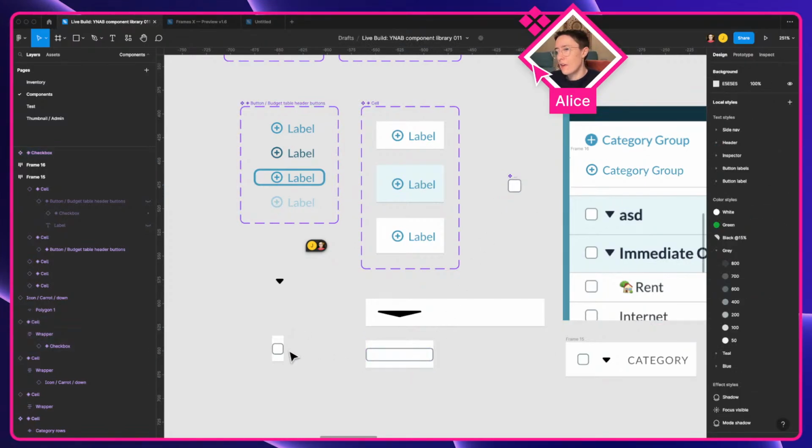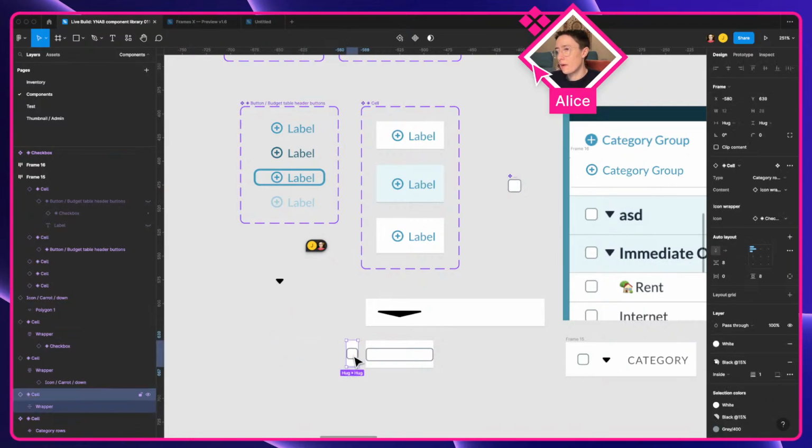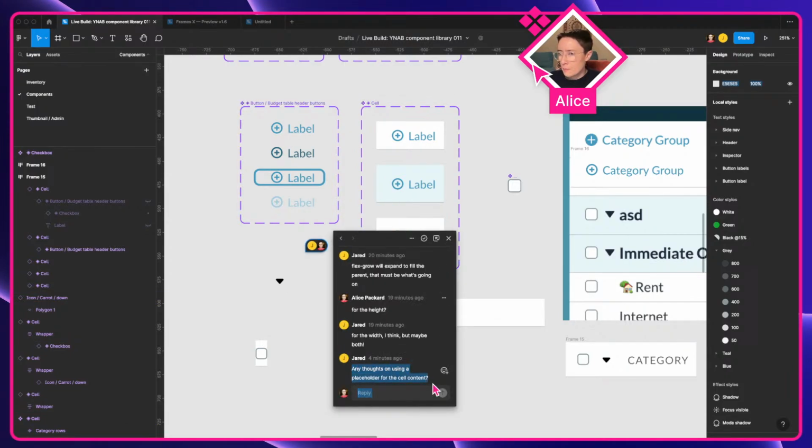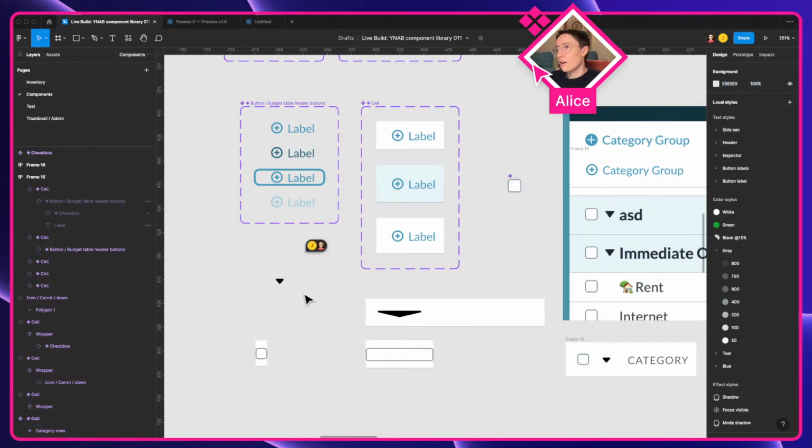So I can't quite explain it fully, but we do have a working solution here by introducing that icon wrapper method. So yeah, Jared, you just mentioned potentially using a placeholder here. I do wonder if that would solve it,